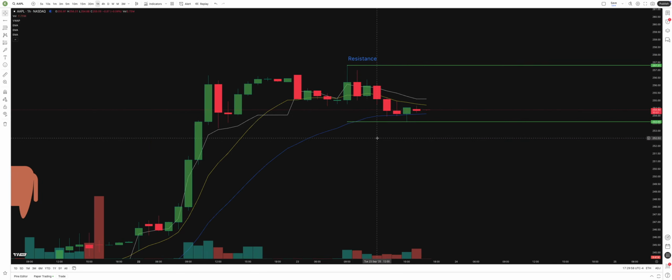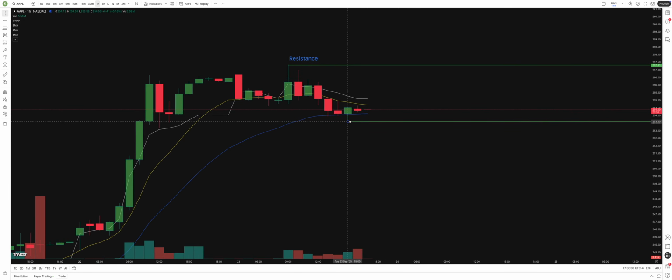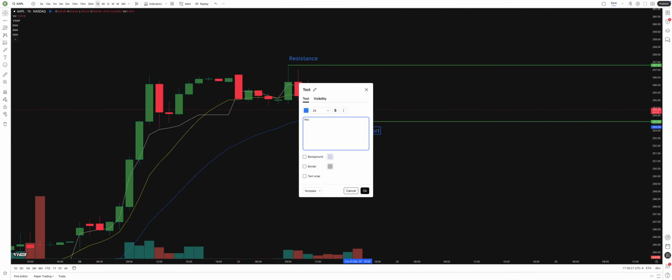Now, what you'll actually notice is that this is what I'll call weak support. You can call this support, but this is weak support, because we are now at a new high,